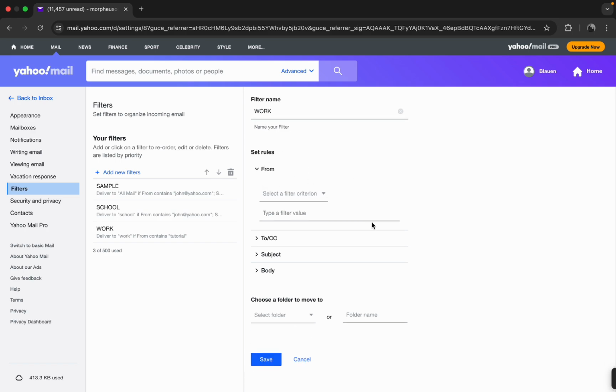So what we're going to do is first select the criteria. Then I'm going to choose contains. Then over here at filter value, I'm going to put a keyword that is related to my work or that I know is included in the emails I receive that are work related. So let's say, for example, I'm just going to write this word just for the sake of the tutorial. So every email that contains this value that I receive will be automatically filtered out to this folder that